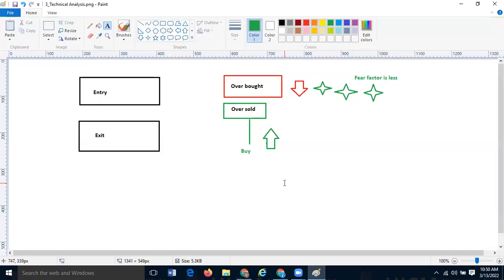Now in the current scenario, the market is oversold, and the fear factor is more. The fear factor is more now in the market. There is a fear that World War III can happen, oil prices are going up, many other factors, COVID can also come. The current scenario is giving an indicator that we should be buyers in this kind of market,